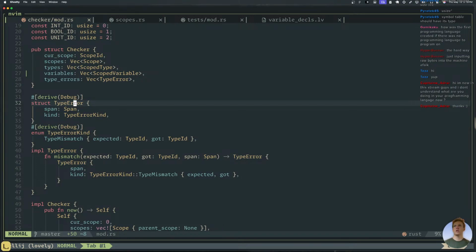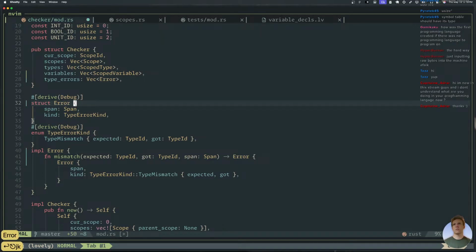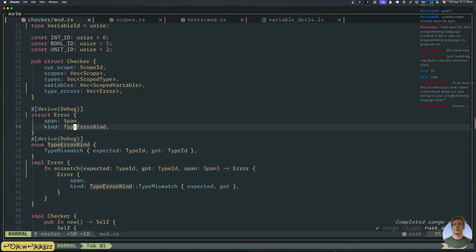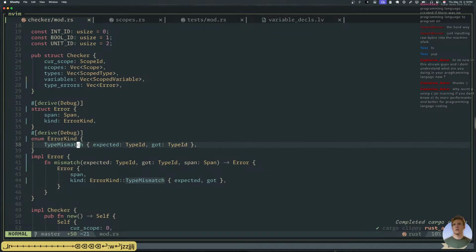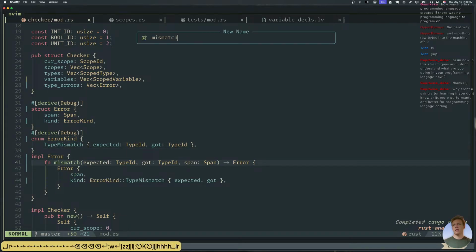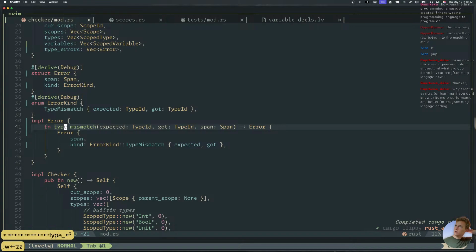I feel like, okay, this should just be a generic error. And then this becomes error kind. Type mismatch becomes that. This becomes type mismatch, right?